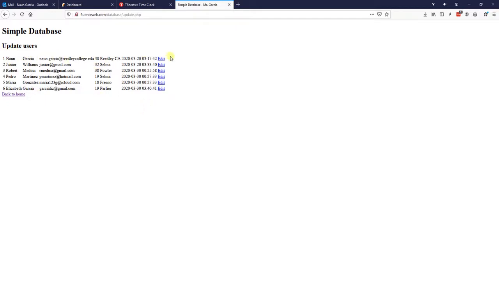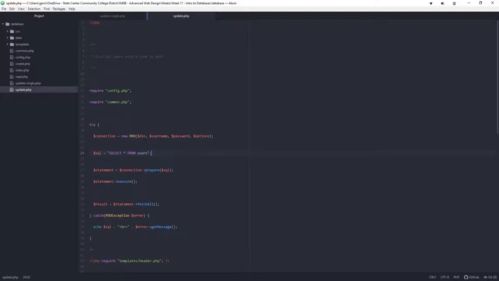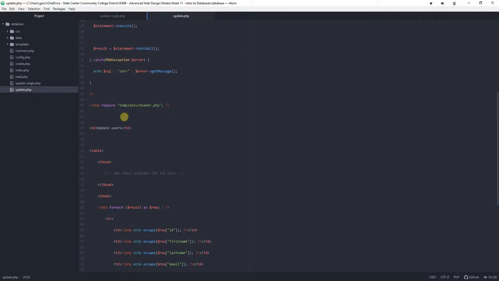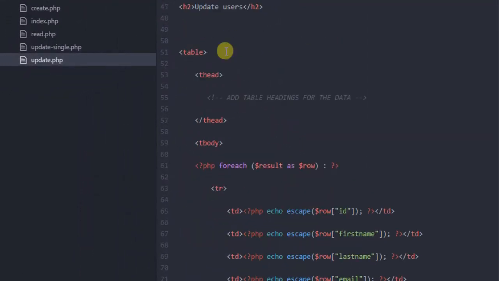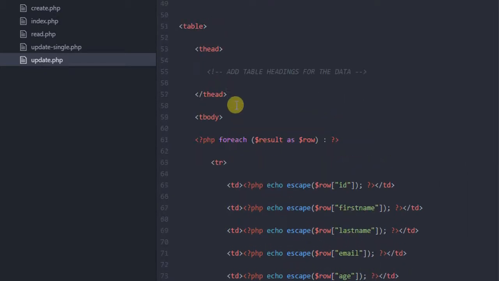But we're missing the table header, right? The headings for the table. So we don't know this is the name, this is the last name, this is the email. So we're going to go back and add that in our update file, right? So after it selects all the users, it pretty much says, hey, display each result as a table. And in here around line 55, you're going to see that I added a comment that says add table data, right? So inside this table head, we are going to add